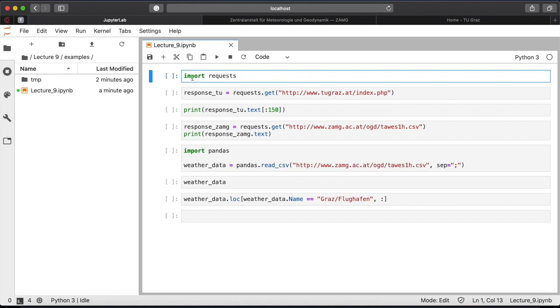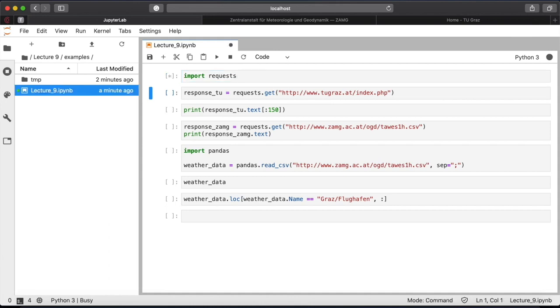So first we need to import the requests module, and then we can call the GET method inside the requests module, which basically performs a GET request and returns the resource or the file which is located at the specified